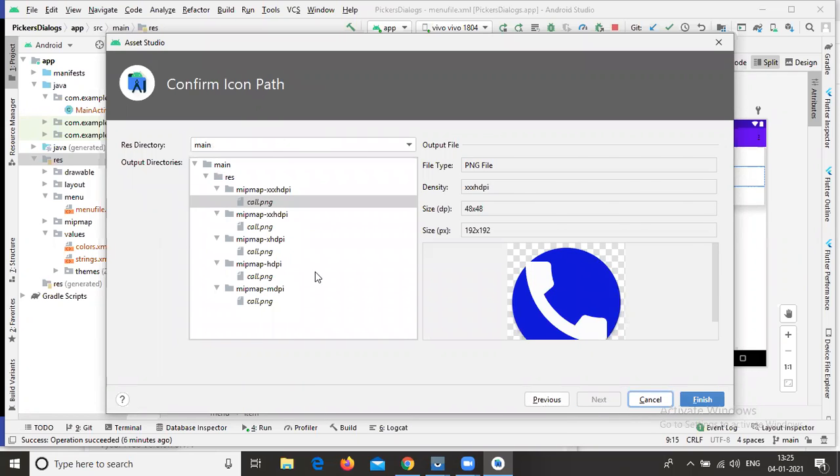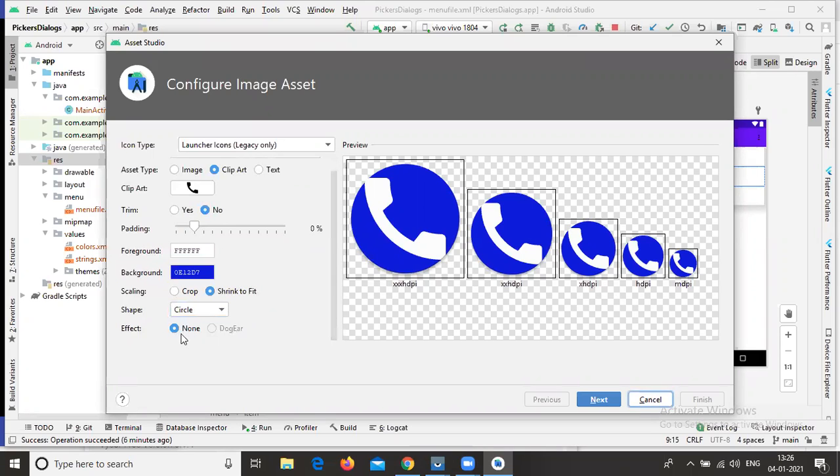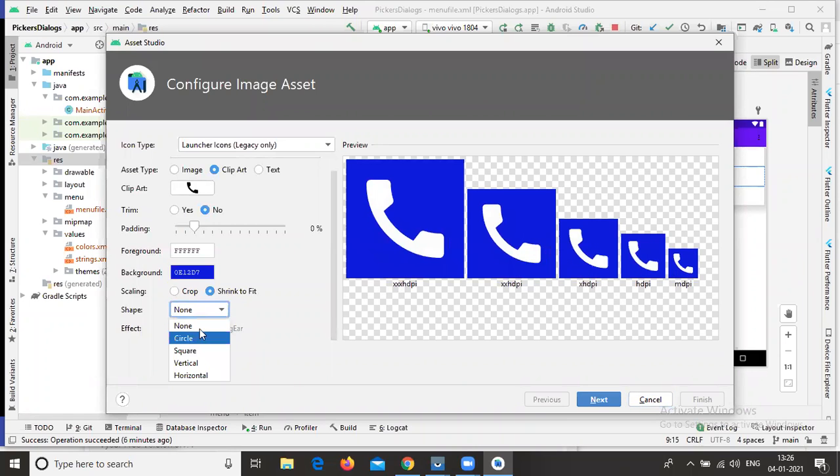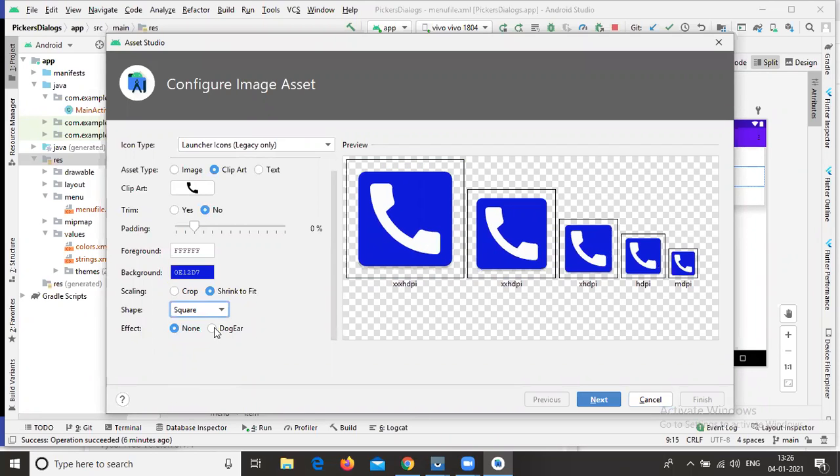Now the effect. By default it is showing as none. The options are none, circle, dog ear. In case you select the dog ear, in the top right corner it displays like this. That's your interest.